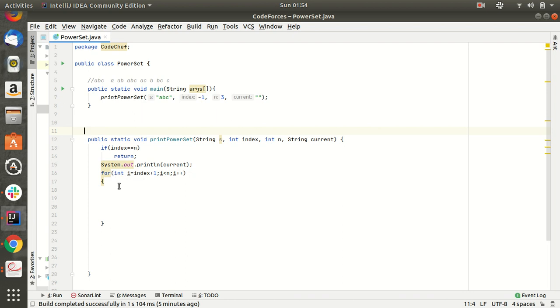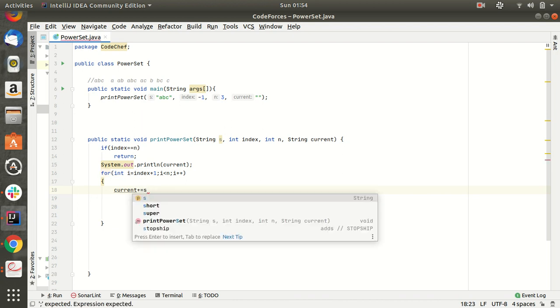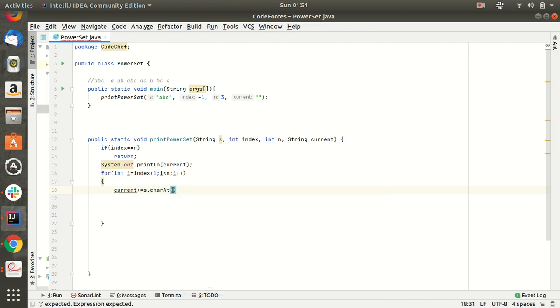Now I have initialized the values. Now I will change current plus equal to s dot char at i, so basically I am appending the element. Suppose the input string is ABC, and current is empty as of now.